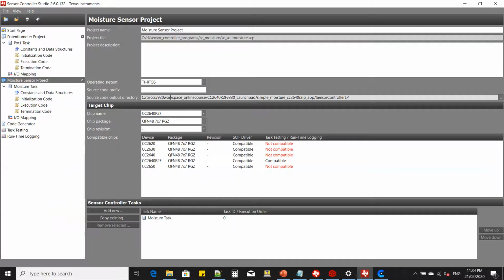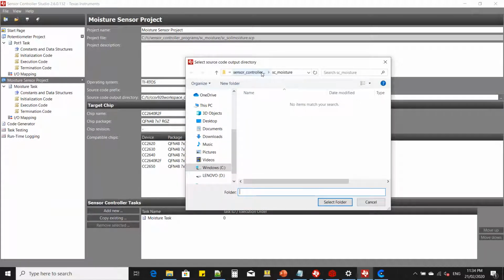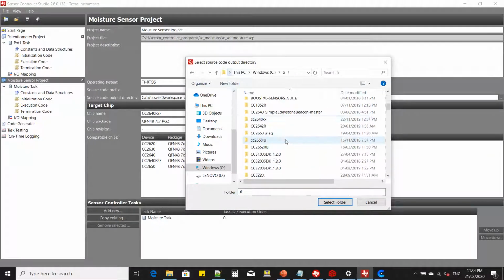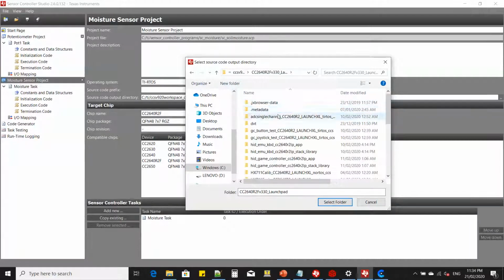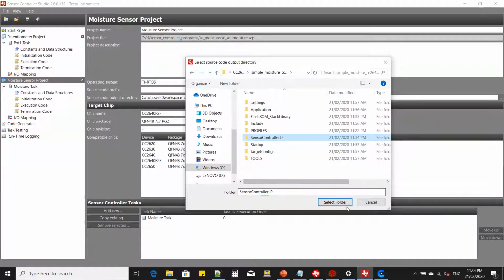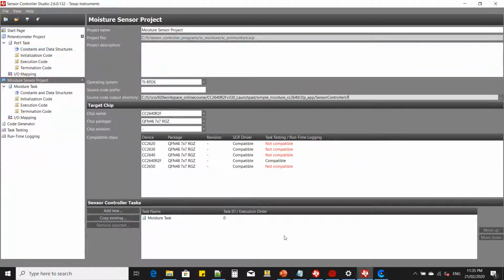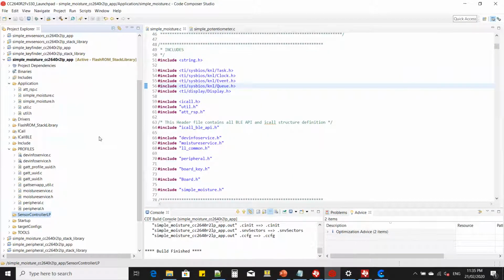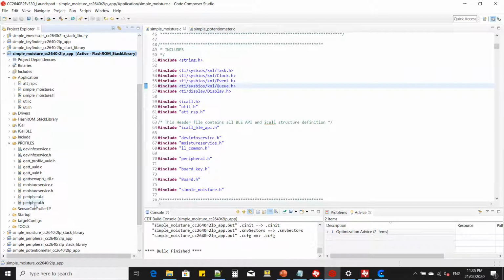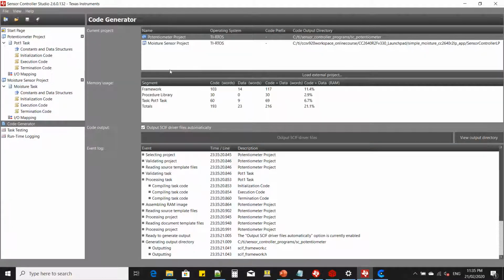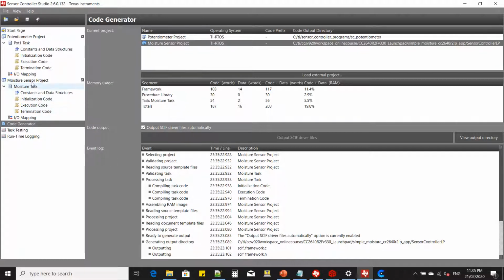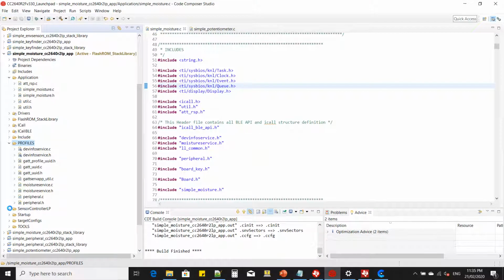So I already set it to... Okay, there. So there's the output